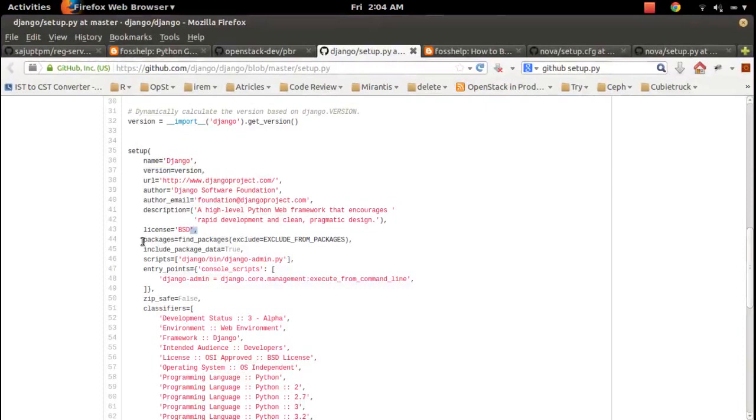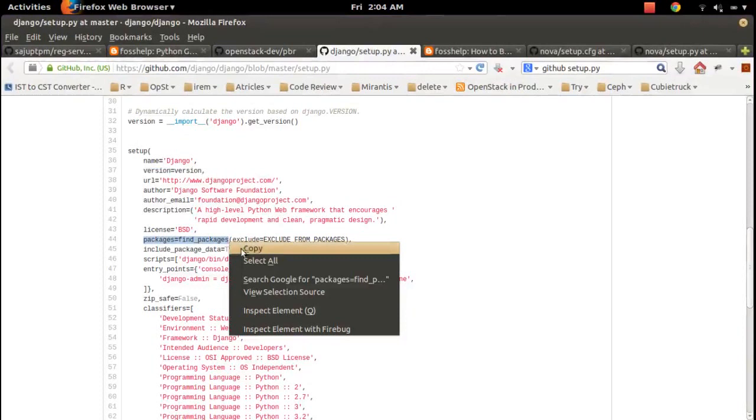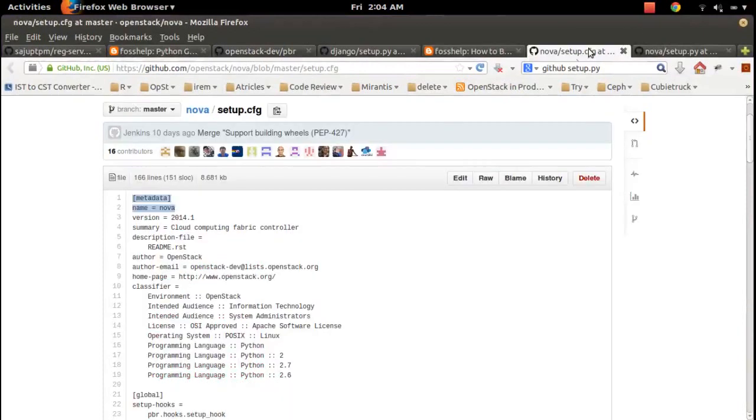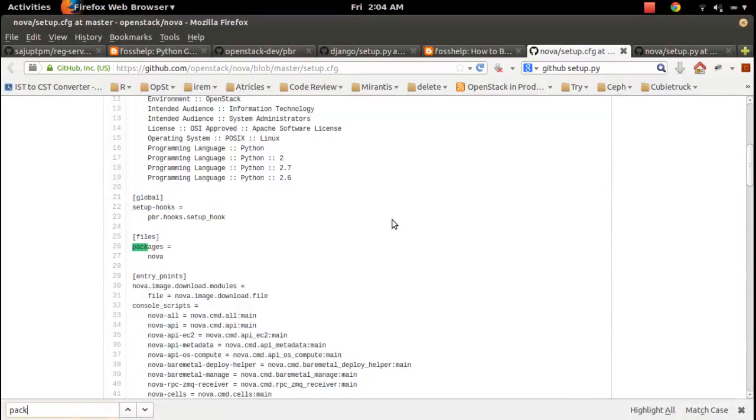So let me check how we can specify that. See here, this way we can specify packages equal to, sorry, that's the old one, right? In the new one, how to do that? We search packages. Okay, I think we can do like this: